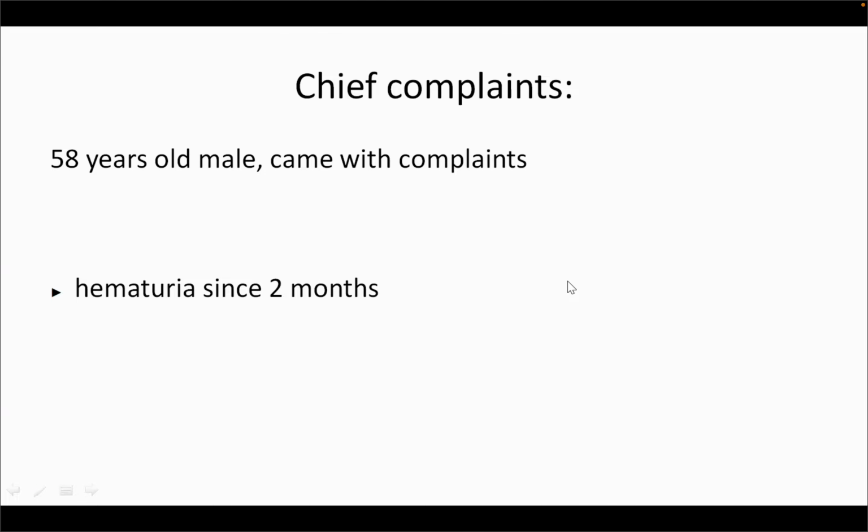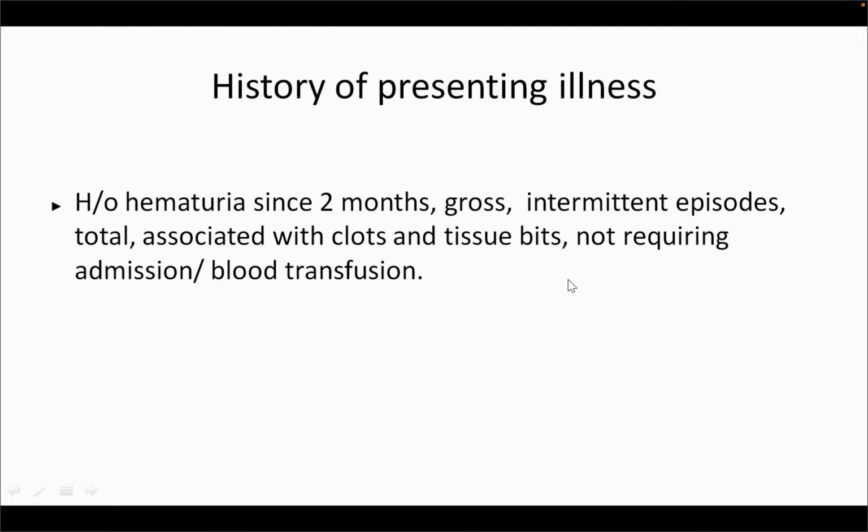History of presenting illness. Patient had hematuria since 2 months, gross, intermittent episodes, total, associated with clots and tissue bits, not requiring admission or blood transfusion, and the hematuria was painless, sir. See, again, Vicky, here this not requiring admission or blood transfusion is useless. Okay, don't add it. And no history of pyuria. Next is